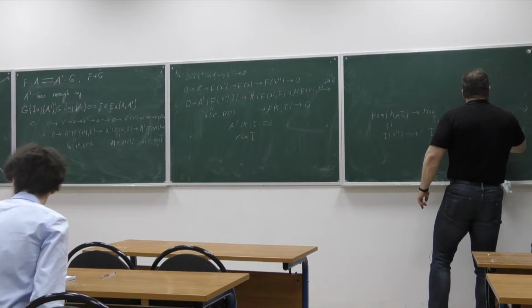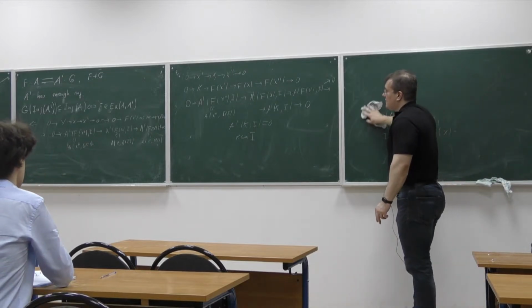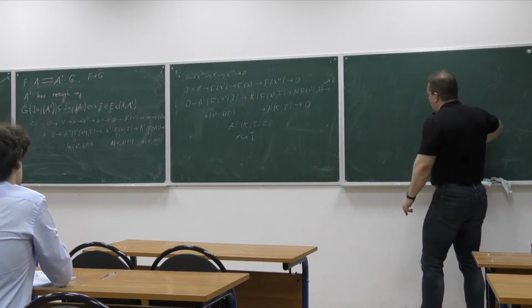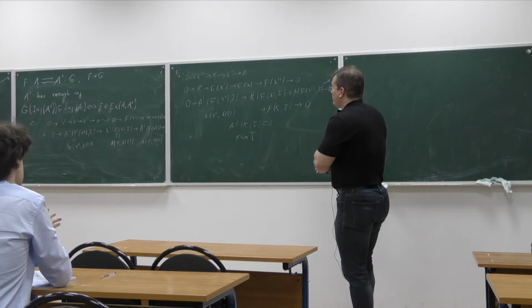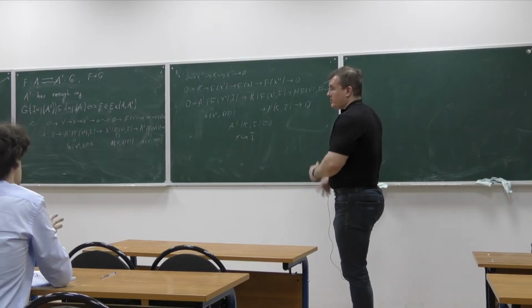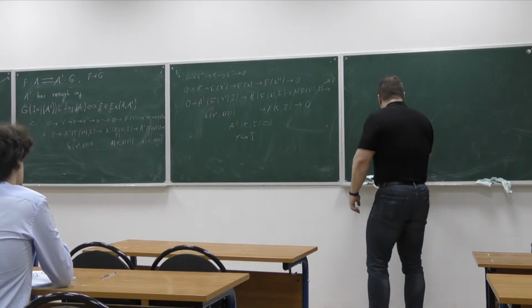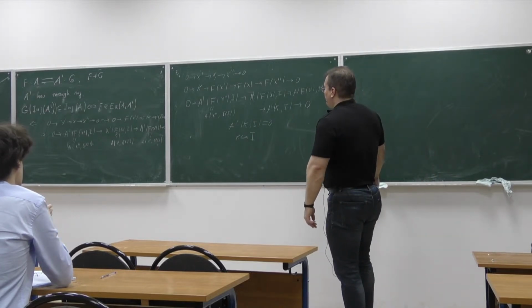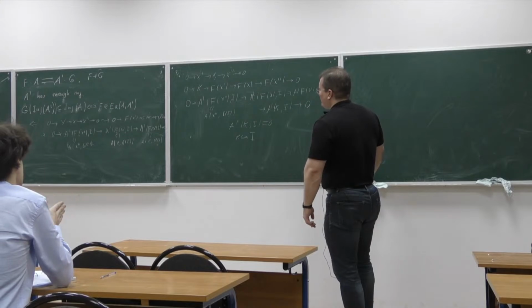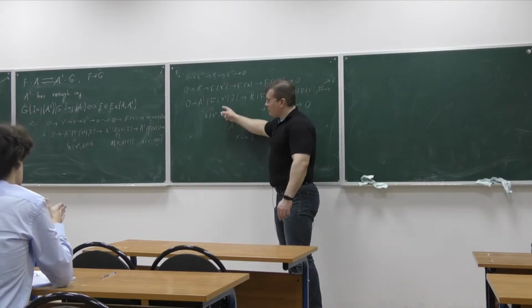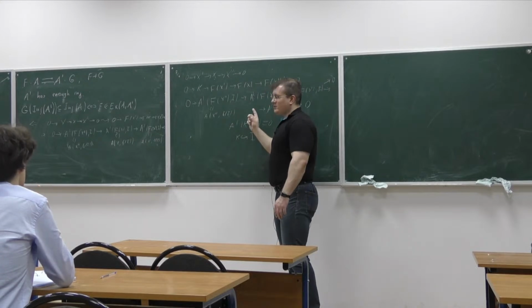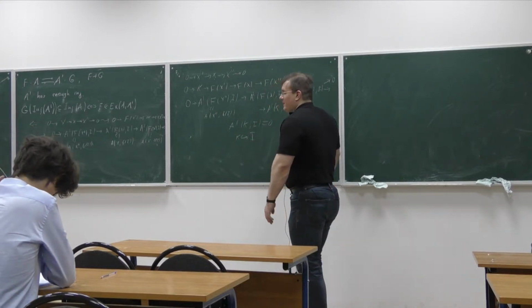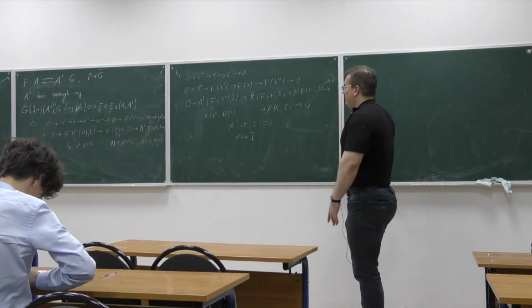Isn't it obvious that all these isomorphisms agree with the maps that we have in the short exact sequence? Yeah, because this is Yoneda lemma, and Yoneda lemma is natural in both arguments. Well, not precisely. This is not Yoneda, this is just the adjunction, right? And by definition of the adjunction, this is natural in the first argument and natural in the second argument. That's the correct explanation. Yeah.